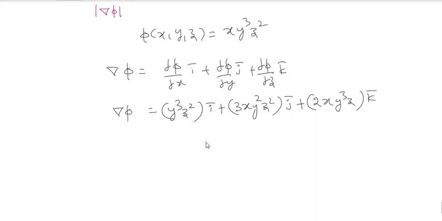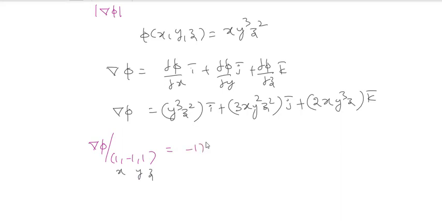But they are asking what? Del phi at where? The point they had given. So del phi at which point? 1 comma minus 1 comma 1. That is a point. So just try to substitute this value. Yeah, y will be what? So if you take this is x, y and z. So you will have it as what?